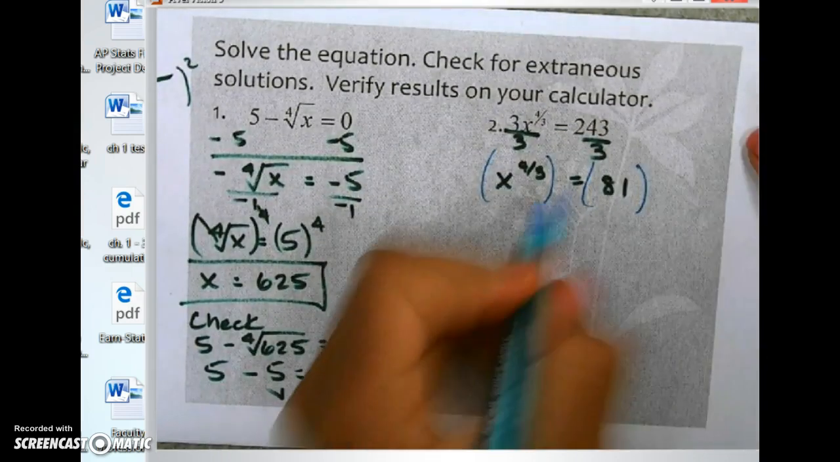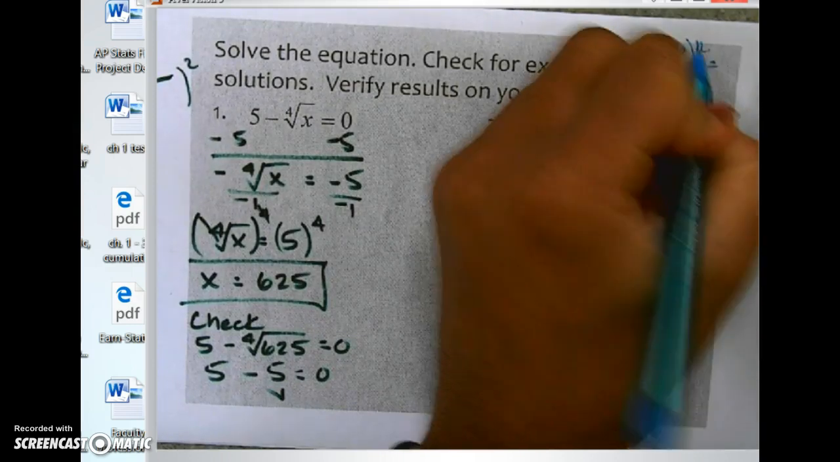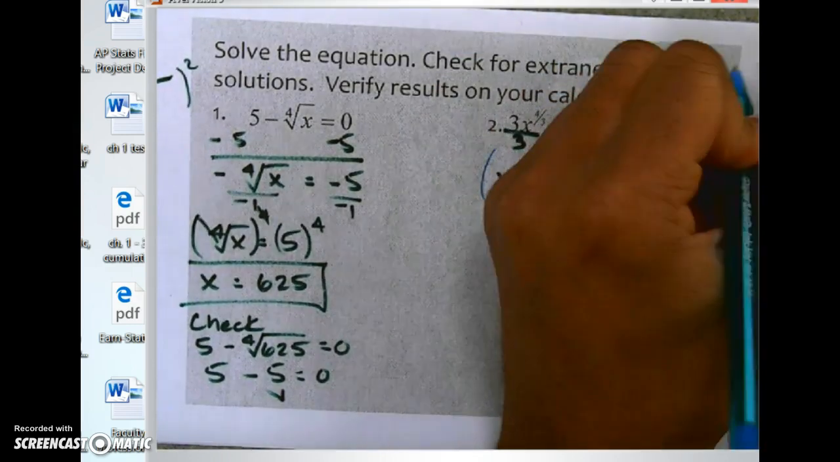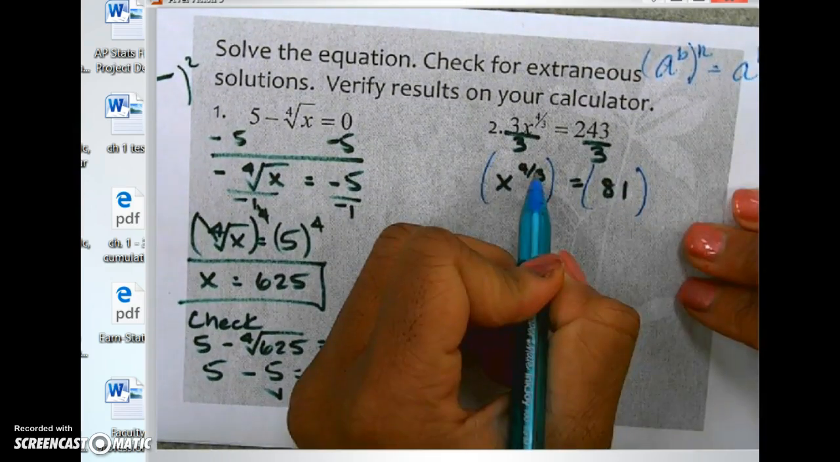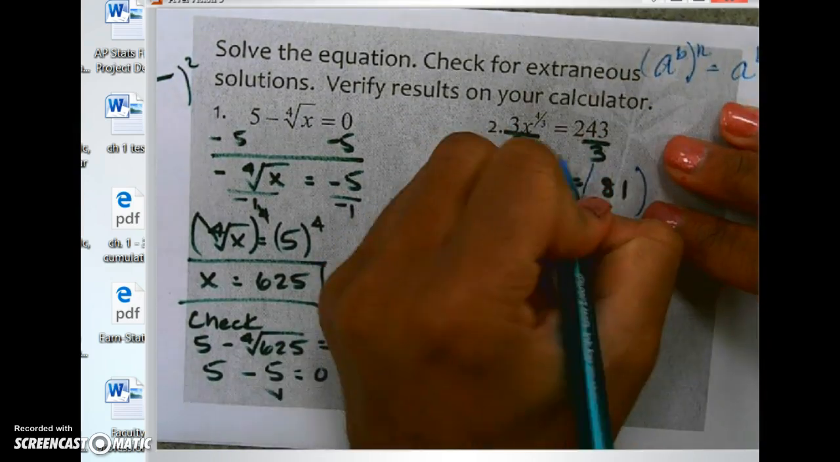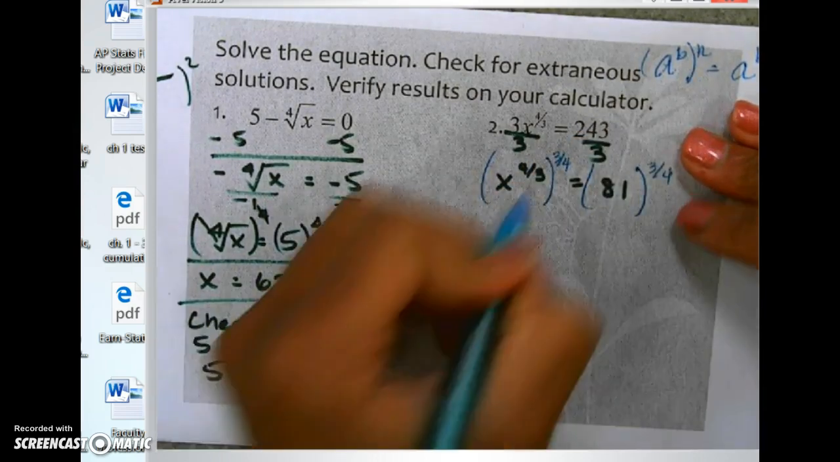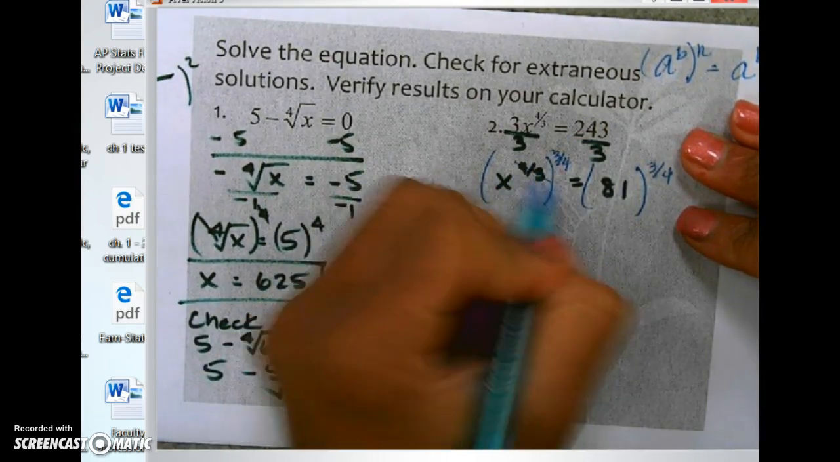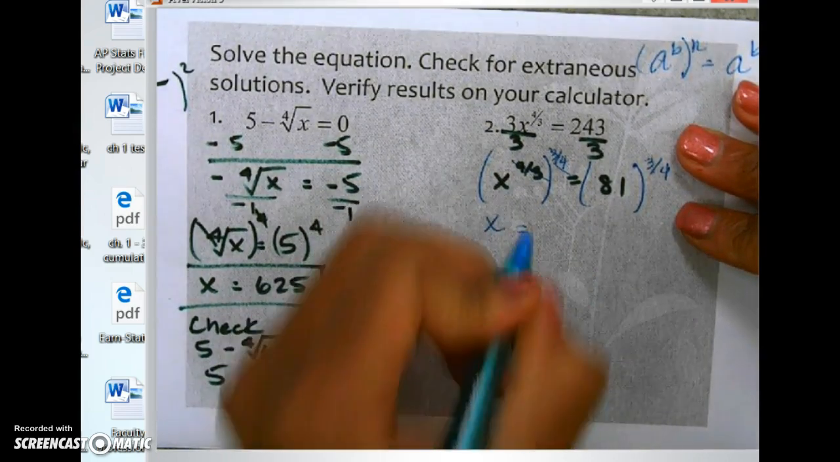So remember this rule, a to the b to the n. Oh, actually, I don't think those are the right variables, but either way, you would have a, and then you would multiply the exponents. So what would I have to multiply this by in order to get this fraction to go away? The reciprocal. So I'm going to raise this to the 3 over 4 and raise this to the 3 over 4. Cross canceling, the 3's cancel out and the 4's cancel out. And so I'm left with x is equal to